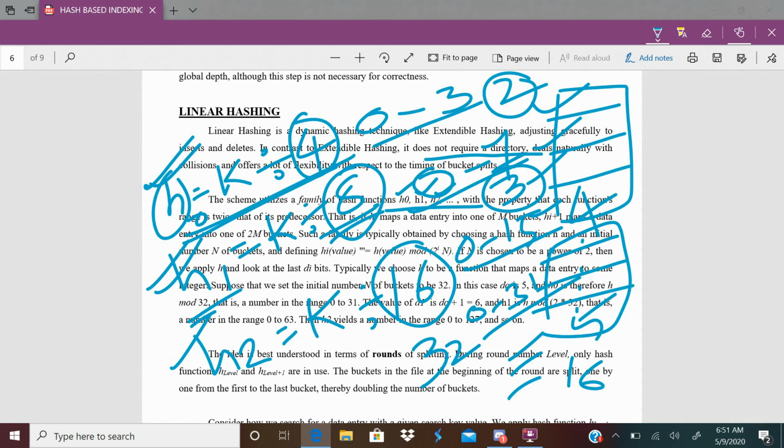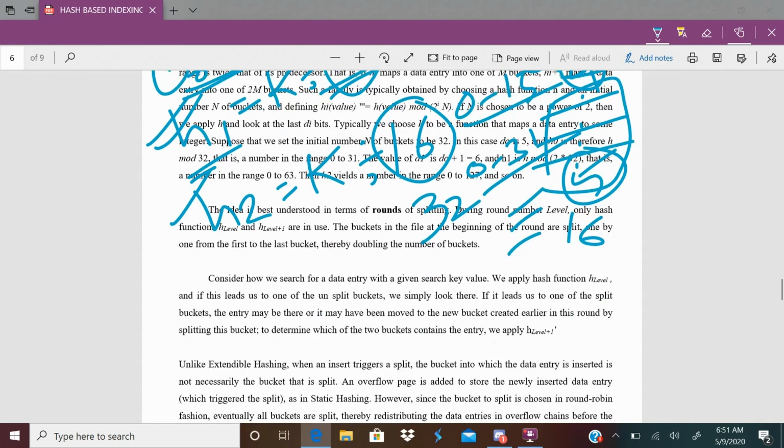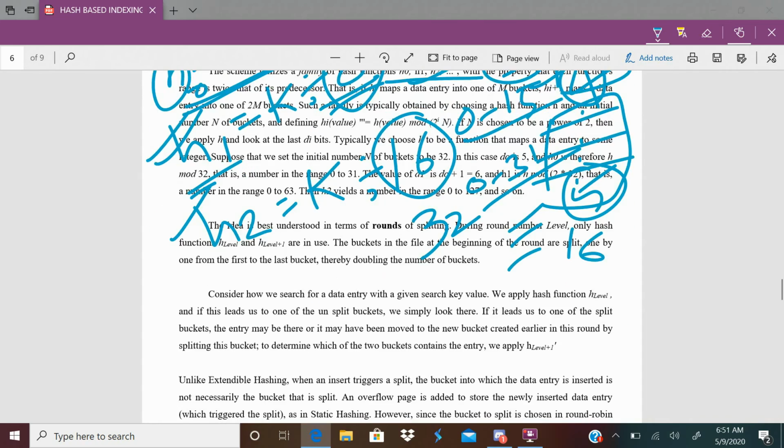Likewise 4 bits, 5 bits in the next functions. So h0 uses 2 bits, h1 uses 3 bits, h2 uses 4 bits, h3 uses 5 bits, and so on. It completely depends on the size of the index. Keep in mind this concept.